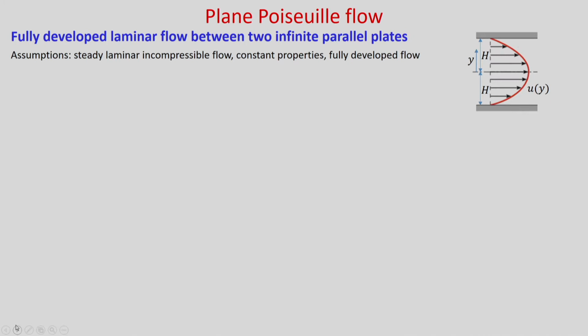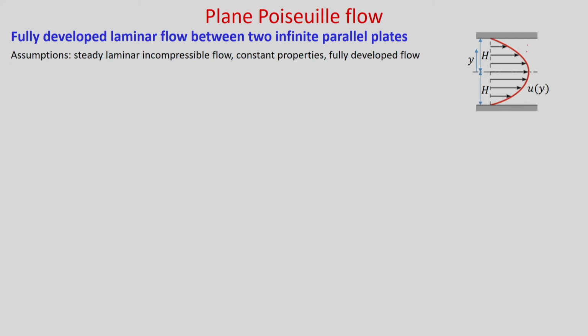First, we will consider plane Poiseuille flow, which is known as fully developed laminar flow between two infinite parallel plates. You can consider two infinite parallel plates. So, in the third direction, as it is infinite, you can consider it as a two dimensional flow, and you can have the assumptions of steady, laminar and incompressible flow. Then you can have the assumptions of constant properties where density and viscosity remain constant,